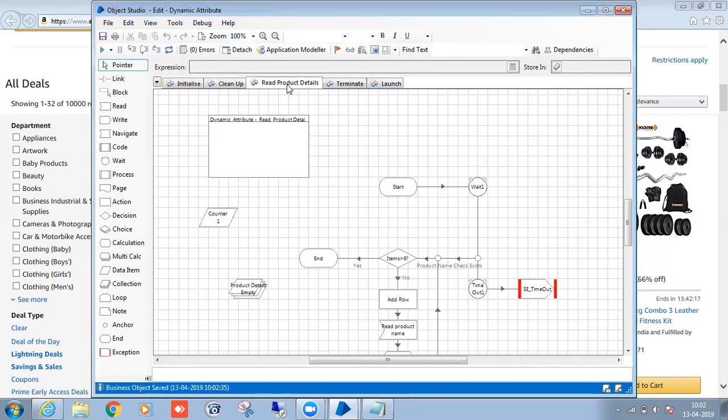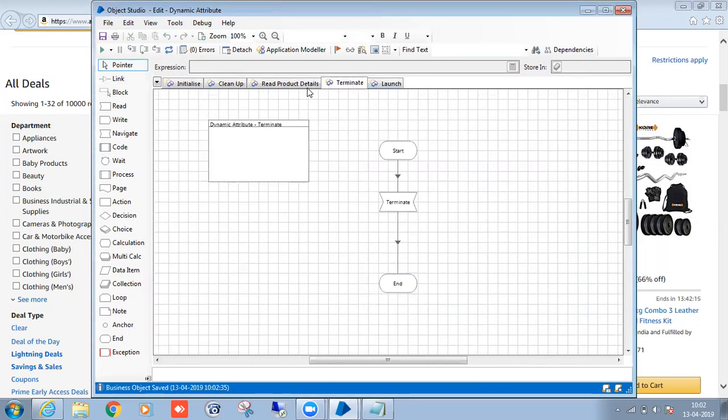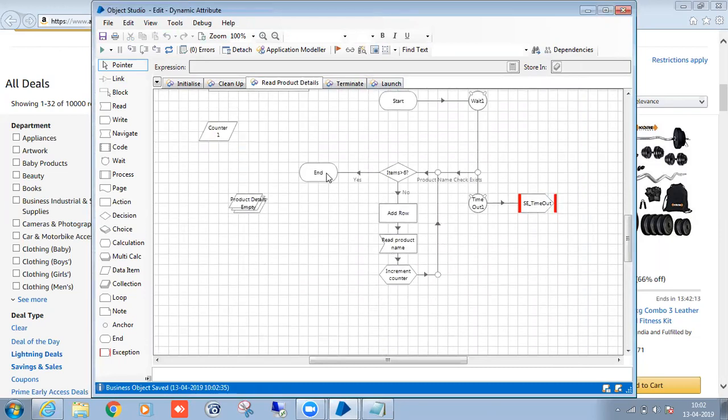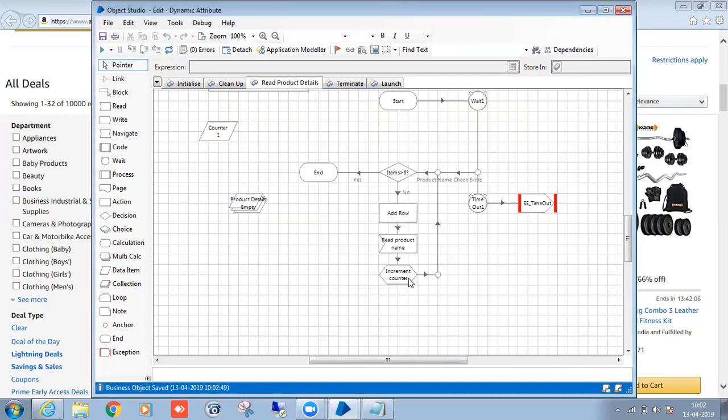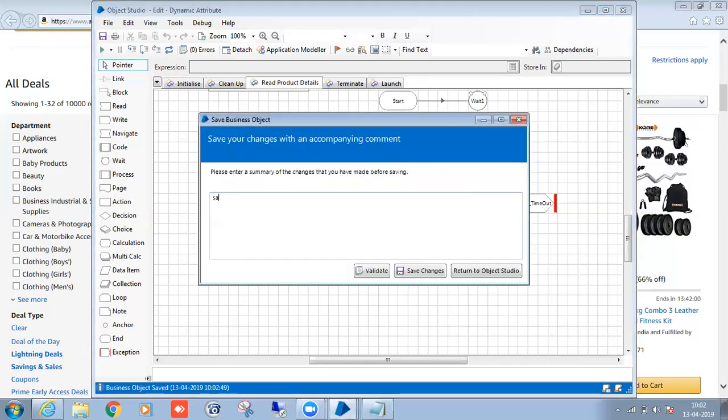Launch the application, reading the products. After that, I will do termination. Right? In the product details, I am going to send the collection. Any questions from the object perspective? Any questions? No? Now I'm going to create the process.